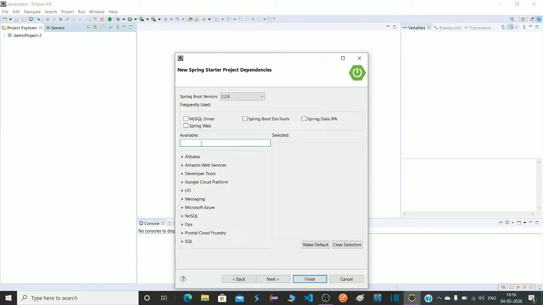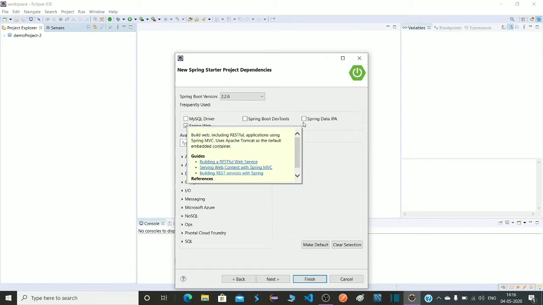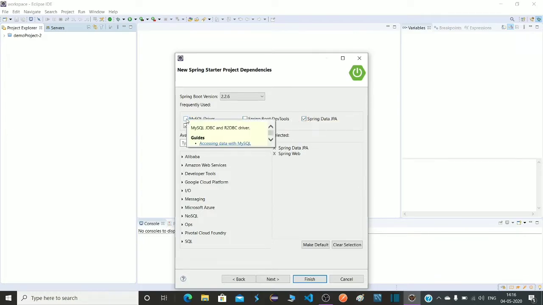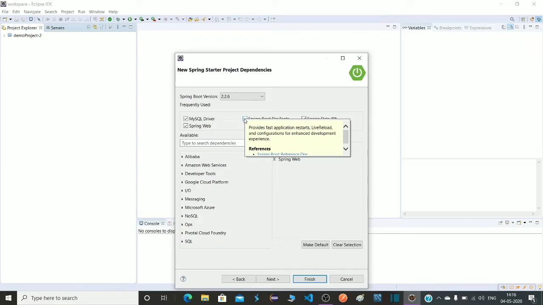Because we are creating a REST API, for that we are adding here Spring Web dependency and we have to deal with the data. For that we are using here Spring Data JPA, which is the persistence API dependency, and for our database I am going to use MySQL, so MySQL driver will be needed. Also add Spring Boot DevTools, so you need not restart your server from time to time.